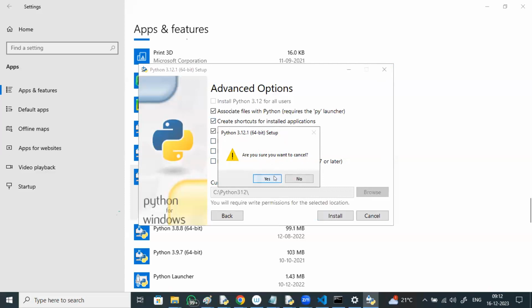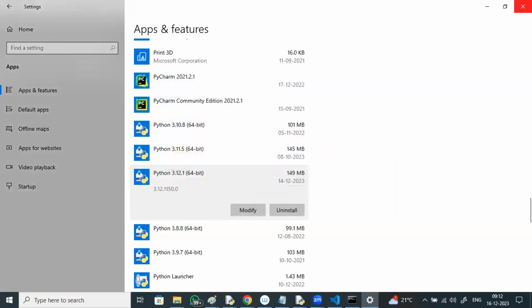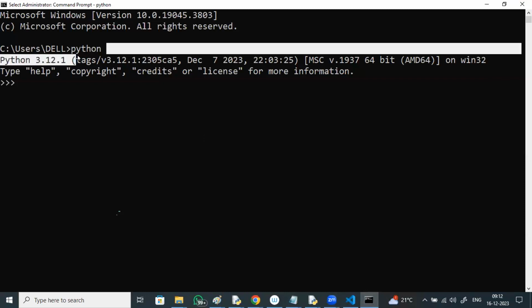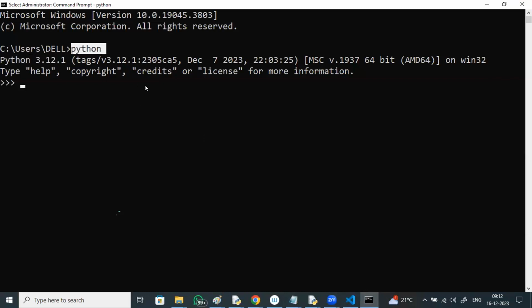Then your Python will be identified here. If Python is not identified here, you cannot perform any operations. I can perform in CMD, it's showing Python. I'm saying for those people for whom it is not recognized, do that operation.